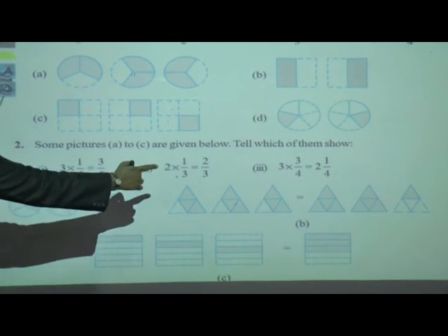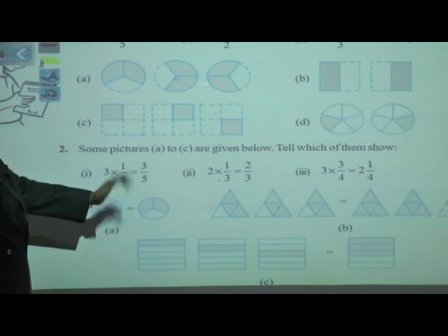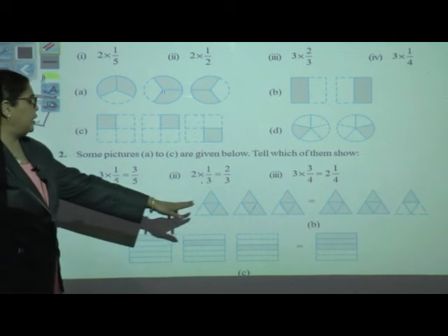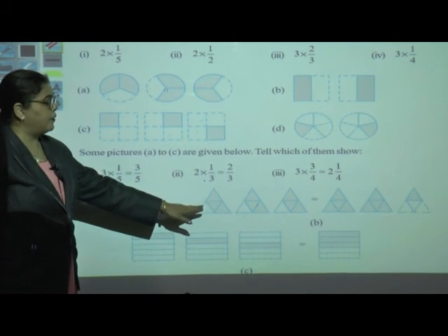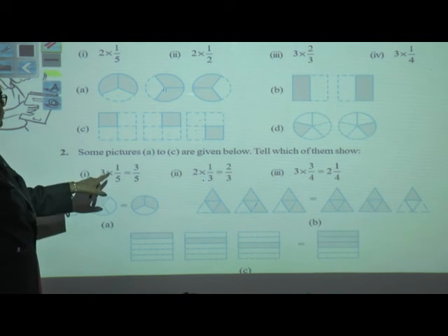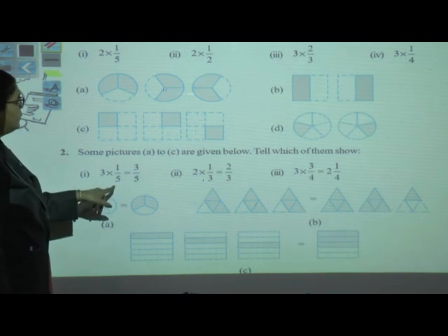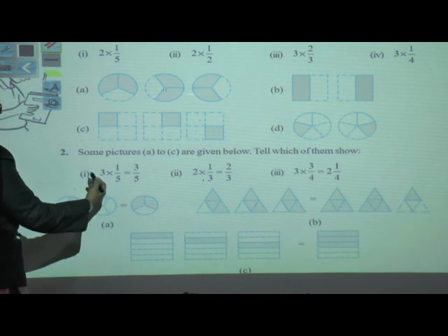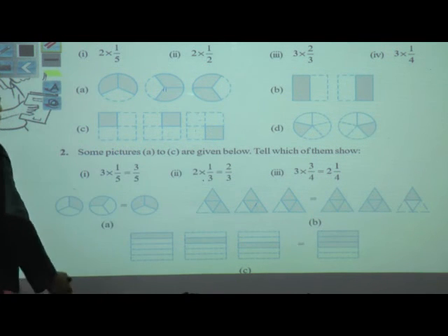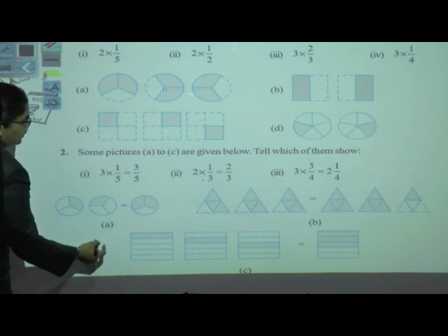We have to find out where the 3 whole figures are first. Yes, we are having here only 2 figures, and here we are having 3 figures. So we will take care of this. Then 1 upon 5 means out of 5 parts, 1 part is shaded. Where is that? Yes, 3 figures are here. We are having 3 figures over there also. What about this C? B1?